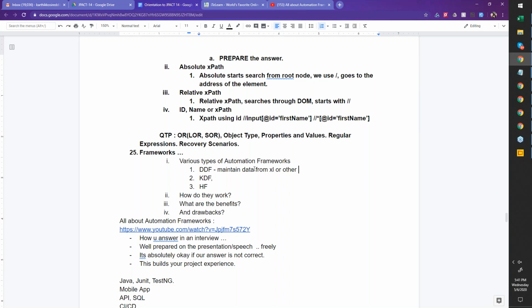And key-driven framework is also an extension of a data-driven framework. We can maintain methods also in files like Excel, CSV files. And hybrid framework is the combination of the data-driven and key-driven frameworks.